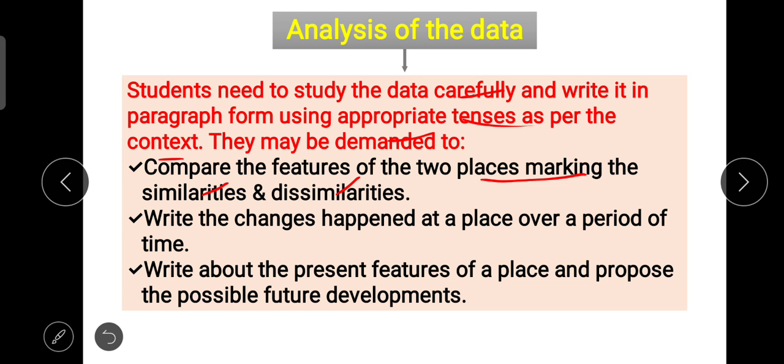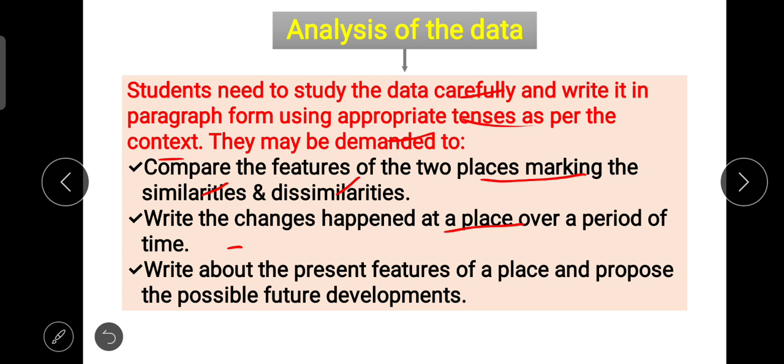Then write the changes that happened at a place over a period of time, as we saw in the last slide where a map is given. Two maps are given. One is related to the past, one is related to the present, and certain changes are clearly visible